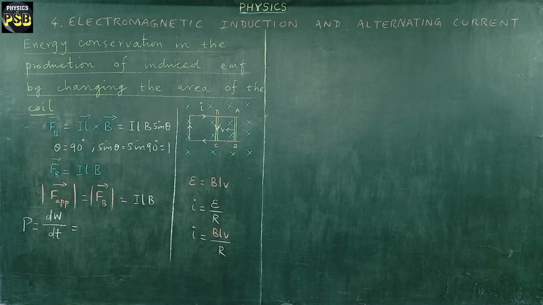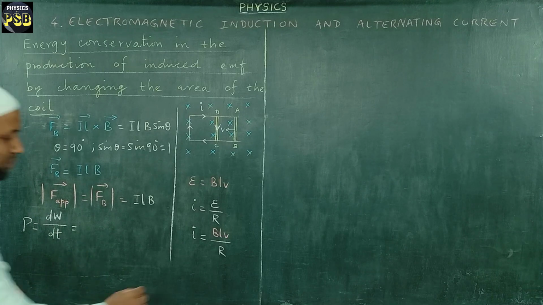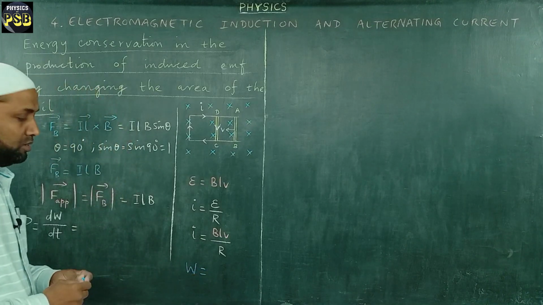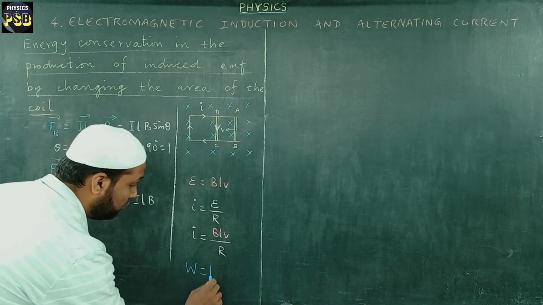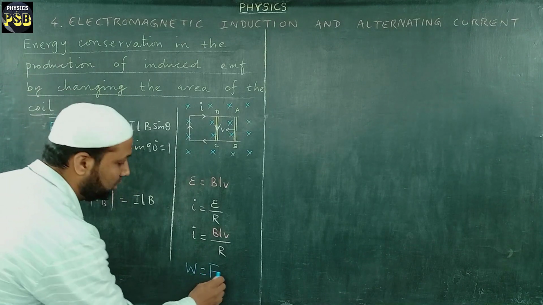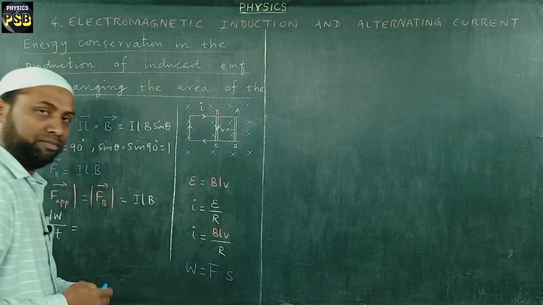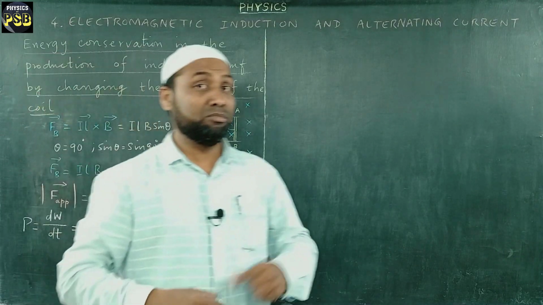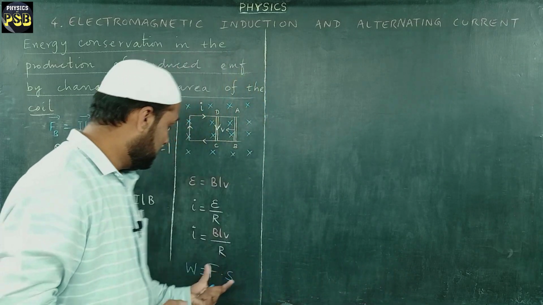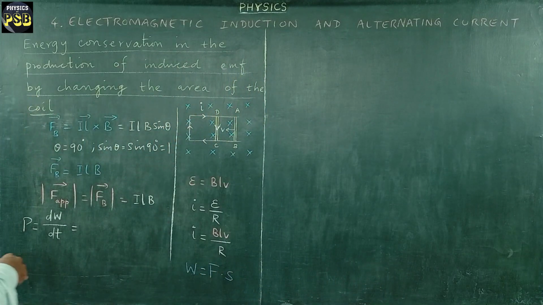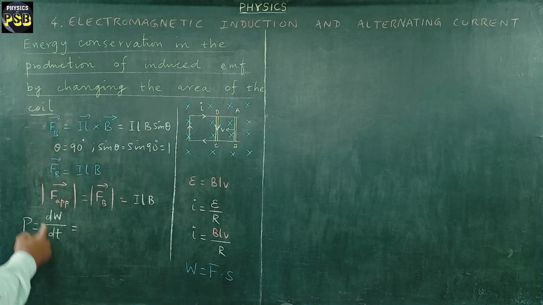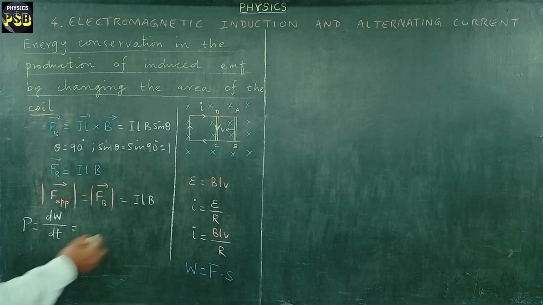Alright, this we have studied in 11th standard physics. And dW, what is work done? Work done by a force is the product of force and displacement. If you apply force on something, to what extent it moves is referred to as work. So if W is equal to F into S, then dW will be equal to